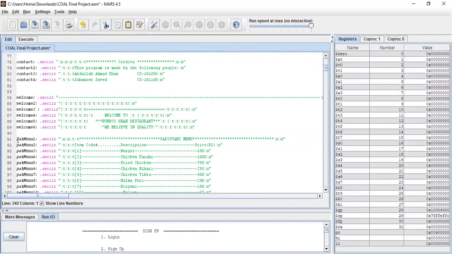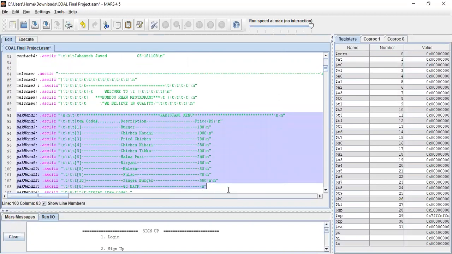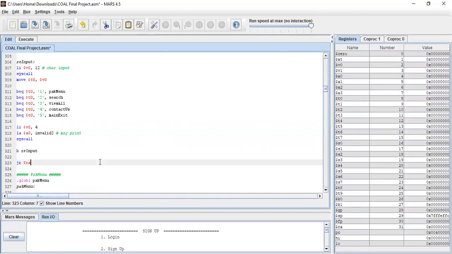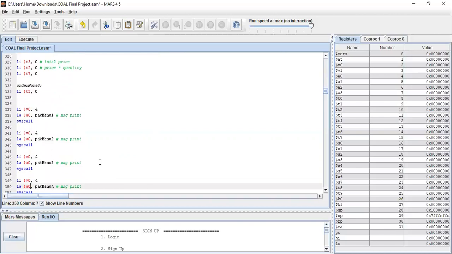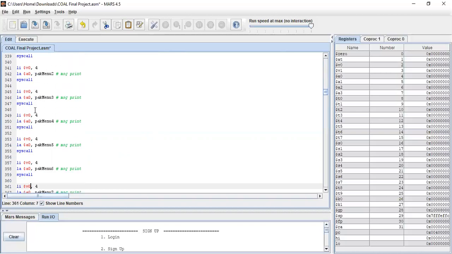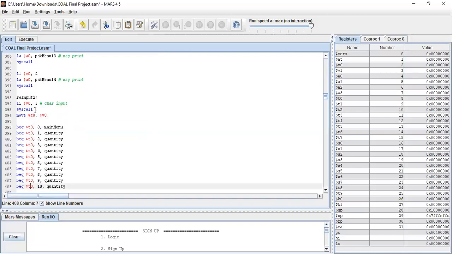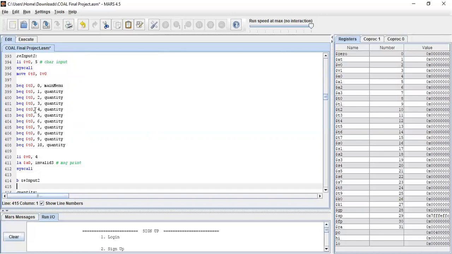Yes, to print these 9, we have $v0 comma 4 just to print this Pakistan menu, all the orders there, with their item code and price. Then we have a system call. If we entered it wrong, then we have to go back and re-input everything.